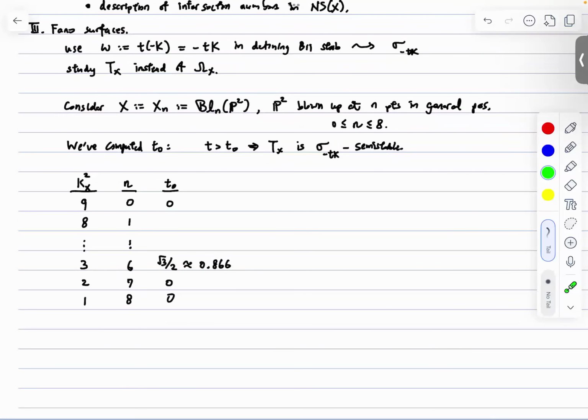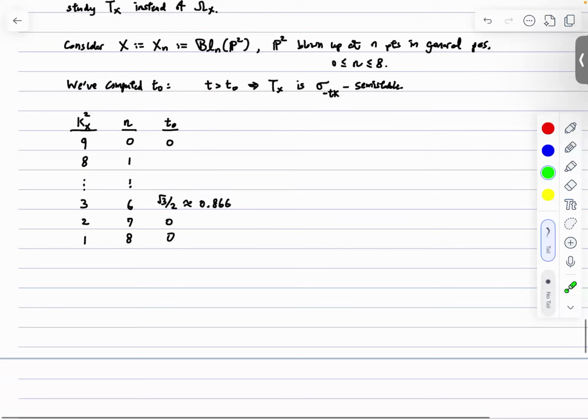So if T is bigger than this number, then we know the tangent bundle is Bridgeland semi-stable. A while ago, the bound we had for this case was only 2. But we were able to bring it down to √3/2 because of a result by Jie Liu